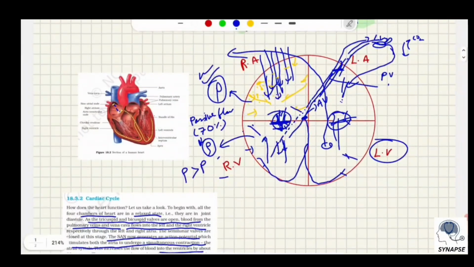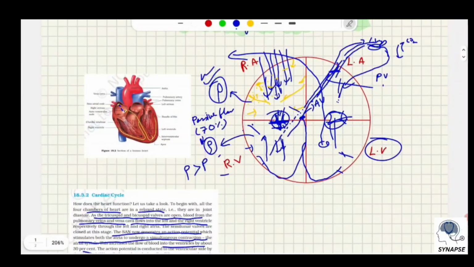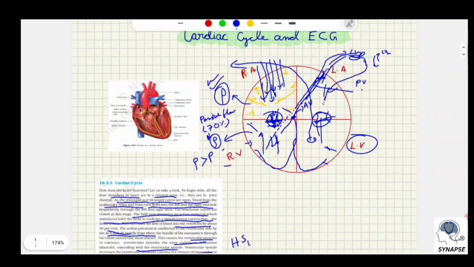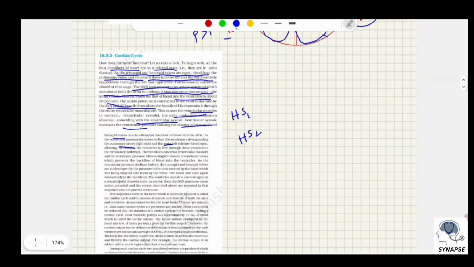So this is the cardiac cycle in terms of pressure, in terms of volume, and in terms of depolarization and repolarization, as mentioned in your NCERT. Now we will go to the ECG, the electrocardiogram. But before the ECG,